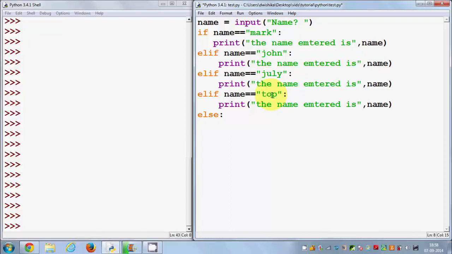So if you want to compare different conditions, you can use the elif condition, and if all conditions are false, I can just print that the name entered is not valid, for example. Okay, and now I've saved the program, and when I run this,